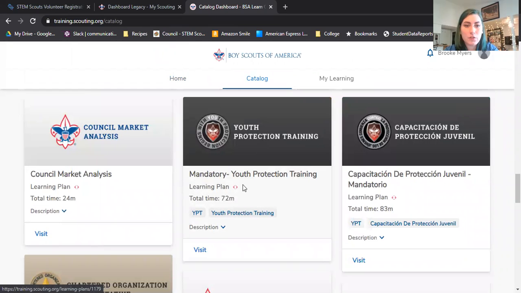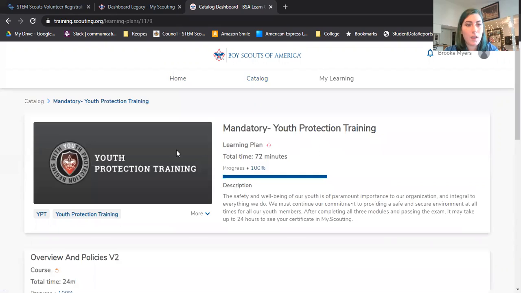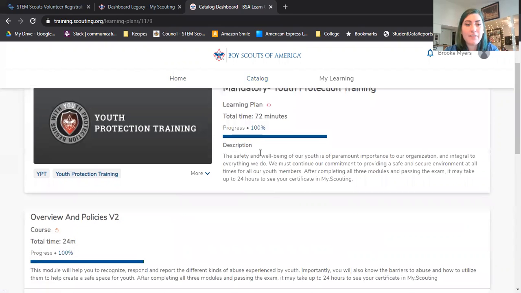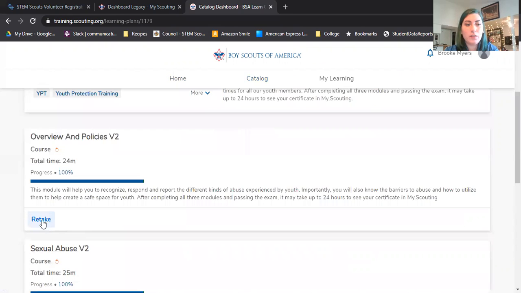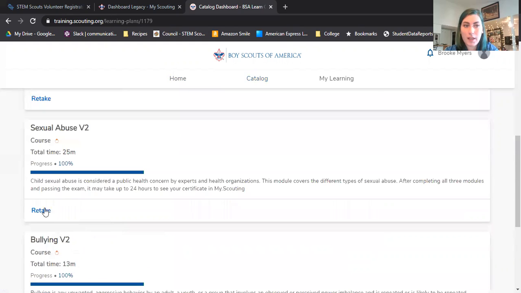So youth protection training, you can see it is mandatory. This is the one learning plan that everyone has to take across the organization. Again, if you would rather take this in Spanish, then there is this module that you can do in Spanish instead. Once you complete youth protection training, you can see that I have already completed it. If you haven't, then you'll scroll and click the link below each of these different modules to complete them